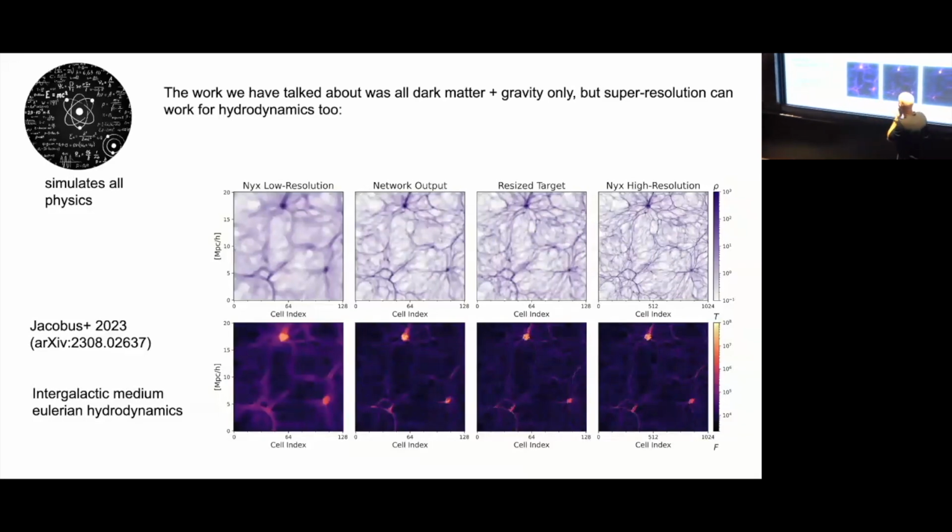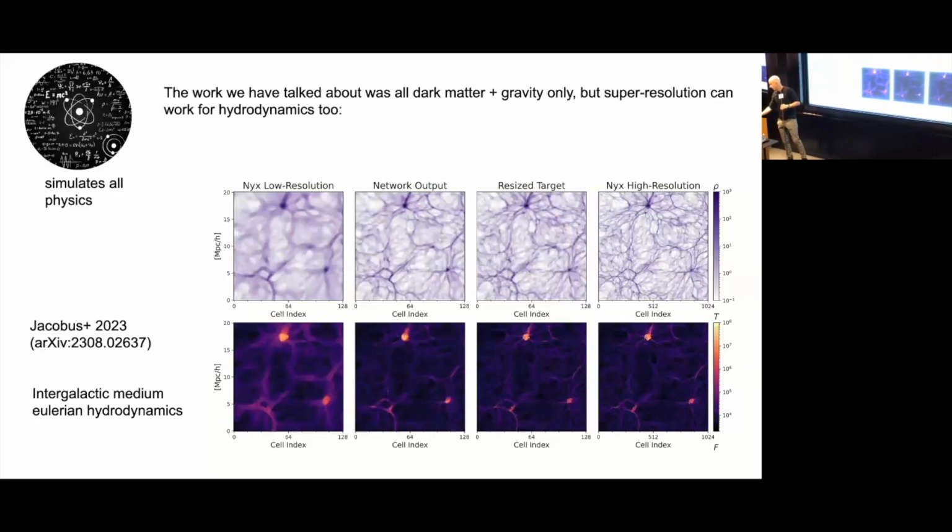all sorts of other physics. And so, okay, this is my little thing from before. You want to be able to simulate all physics. What do we want this thing to do? Okay, and so here, some nice recent work with hydrodynamics. And this is one low resolution Nyx code doing the intergalactic medium. And again, compared to a high resolution, you've got a target which was used to make Lyman alpha forest